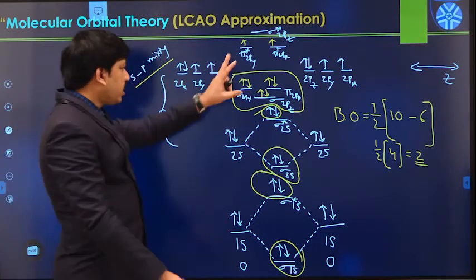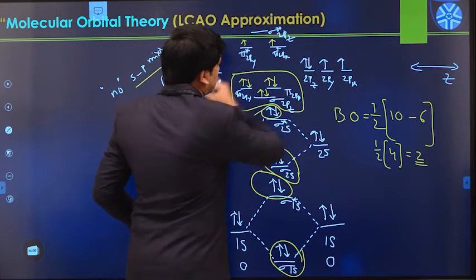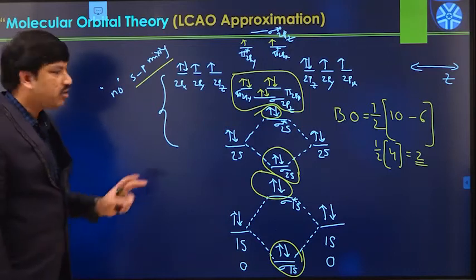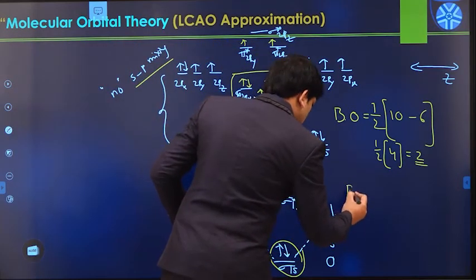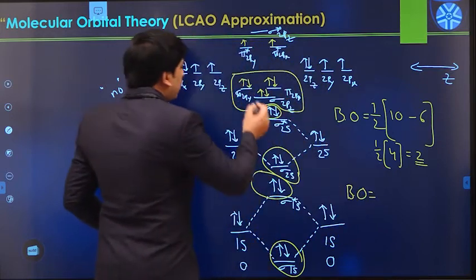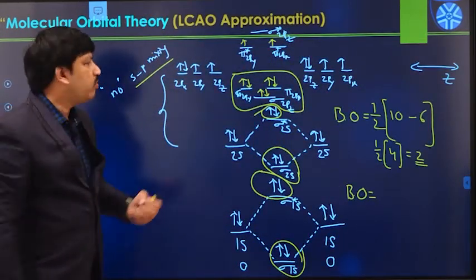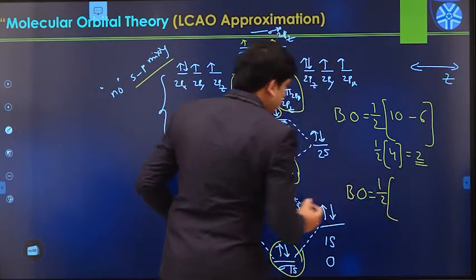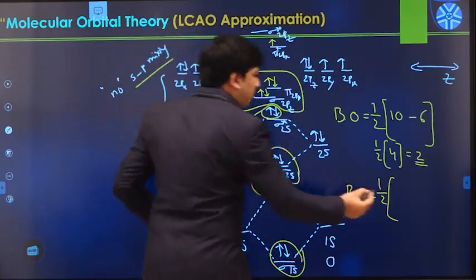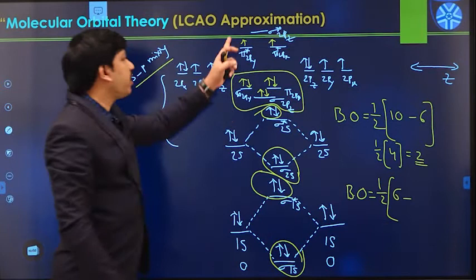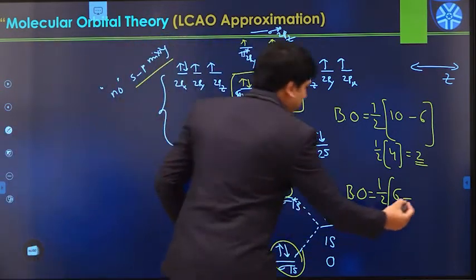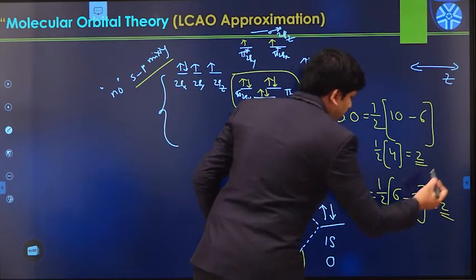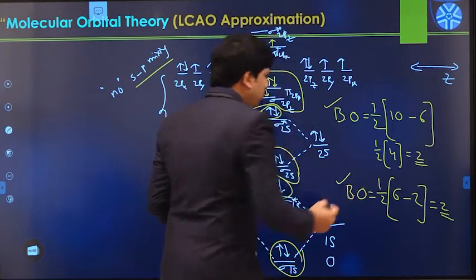This is one way. So let us see the outermost case only. That means just consider the linear combination of the 2p orbitals only. From that also we can calculate the bond order value. According to that concept, in the case of 2p orbitals, how many bonding electrons are available? How many antibonding are available? So again, half into, 6 bonding electrons are available. How many antibonding electrons are available? 2 antibonding electrons are available. Again, this is half into 4, that is equal to 2. So like this you can calculate the bond order value in 2 different ways.